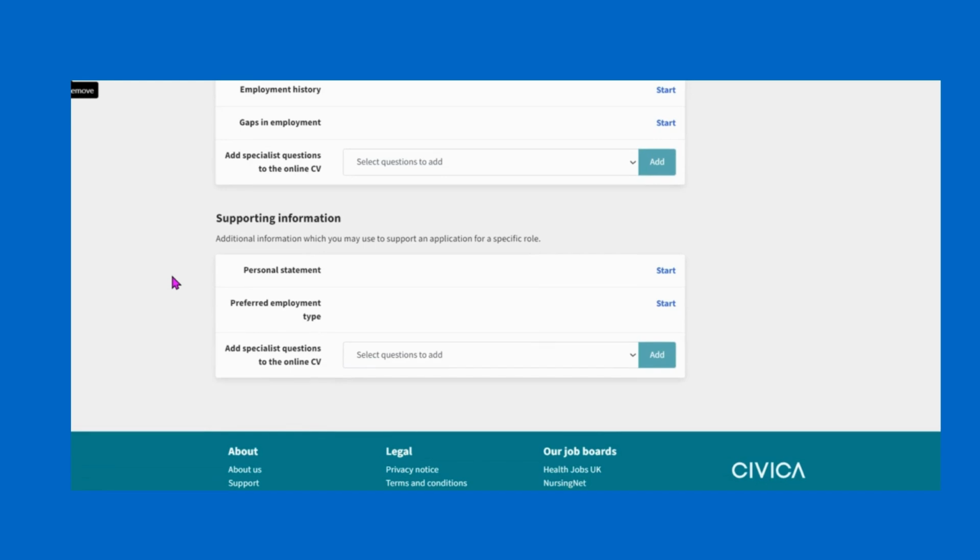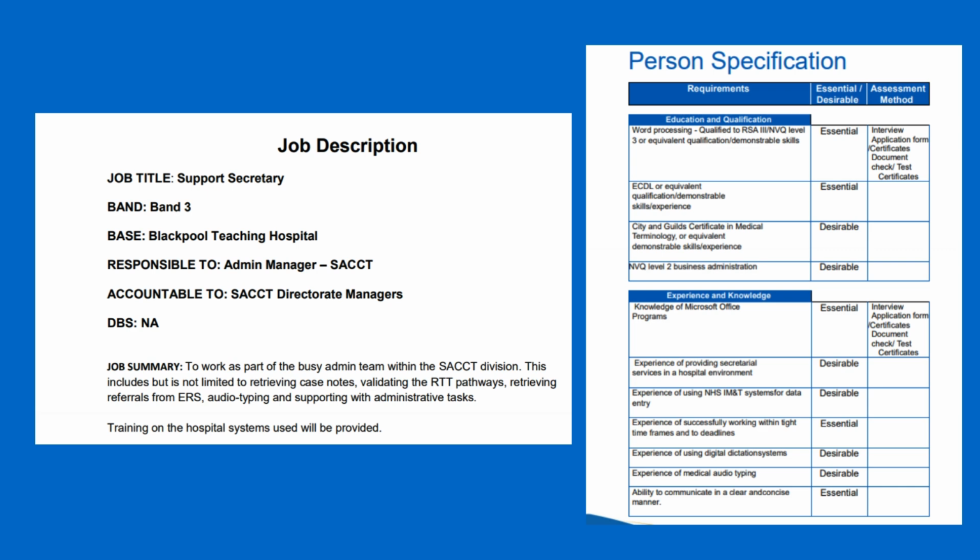On this section of your online CV, you will need to populate your personal statement and your preferred employment type. When filling out your personal statement, I would strongly advise that you have the person specification and the job description up for the role that you are applying for. This will be useful as you can use the job description as a guide to what you need to write